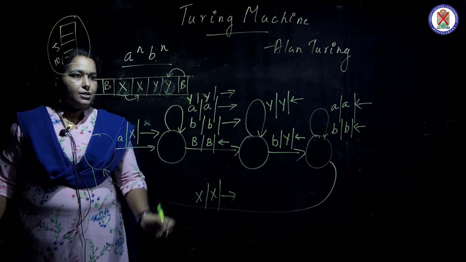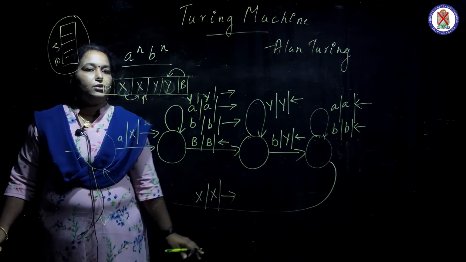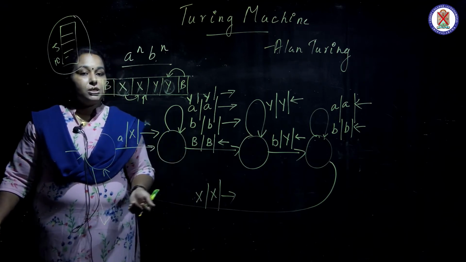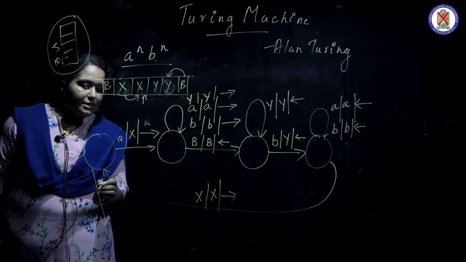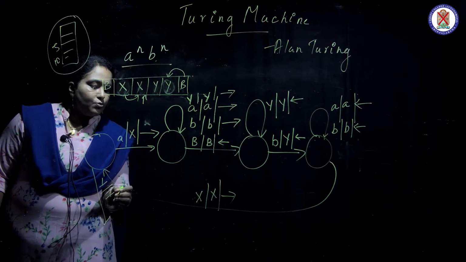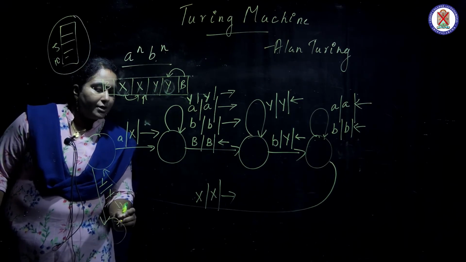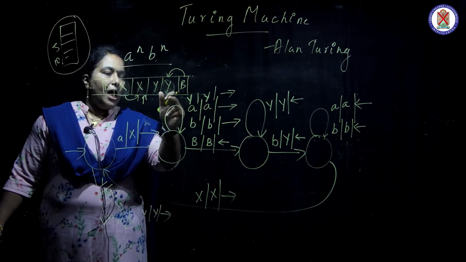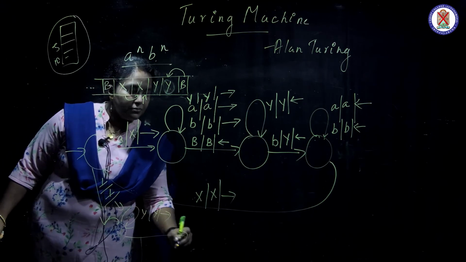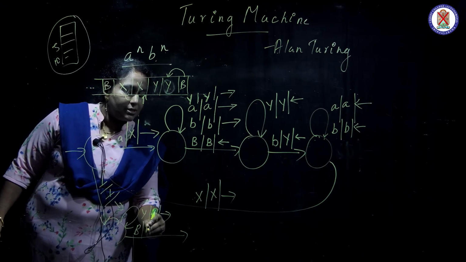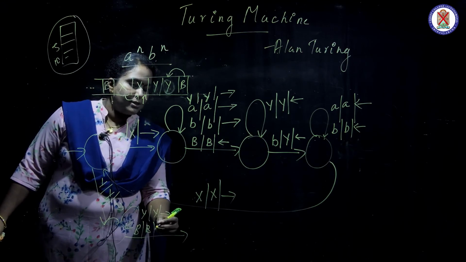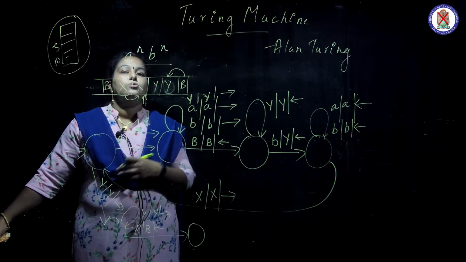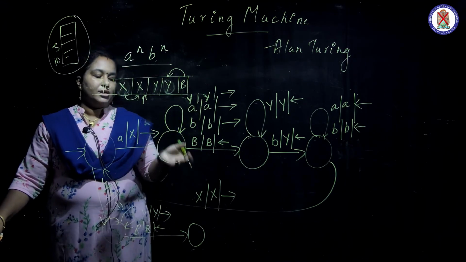So what is the accepting condition? We are reaching up to here if correctly matched. The accepting condition is that when I see Y, I make it as Y and move forward, and whatever Y's are there, I make them Y and move forward. And if I see blank, I make it as blank. You can move forward or backward. The correct paradigm is to move backward, since moving forward goes to infinity, so you must move backward.